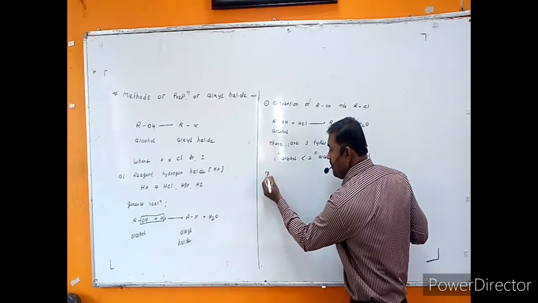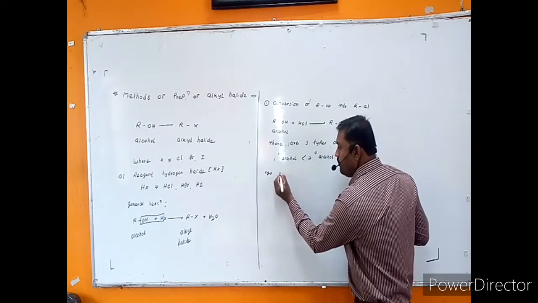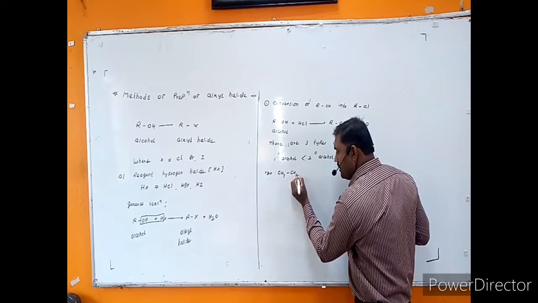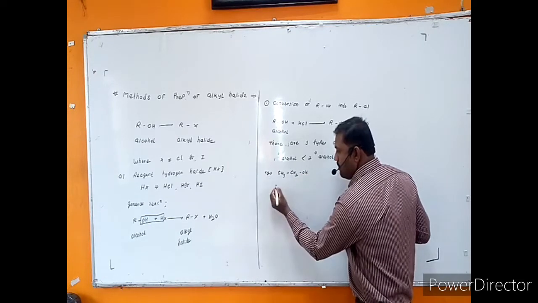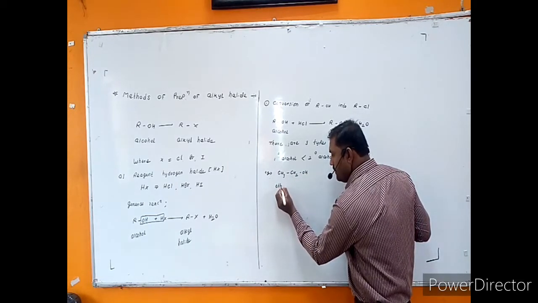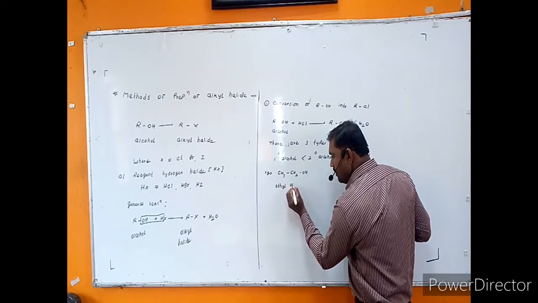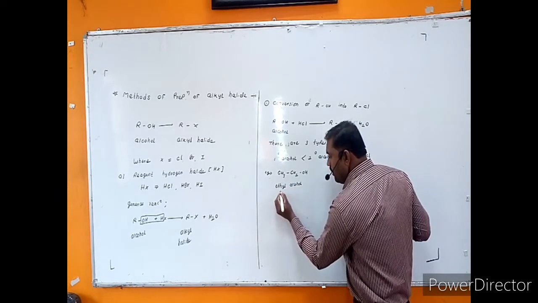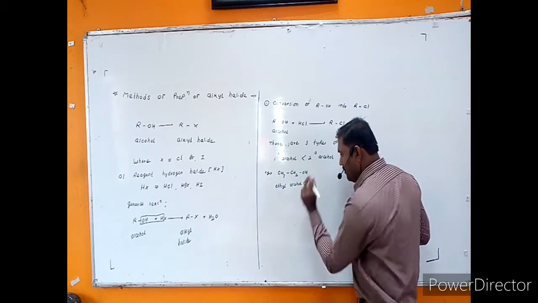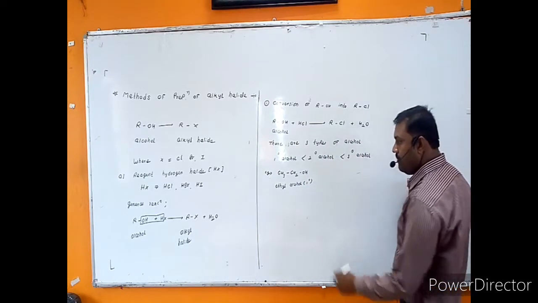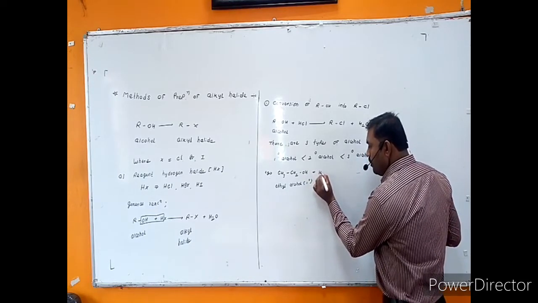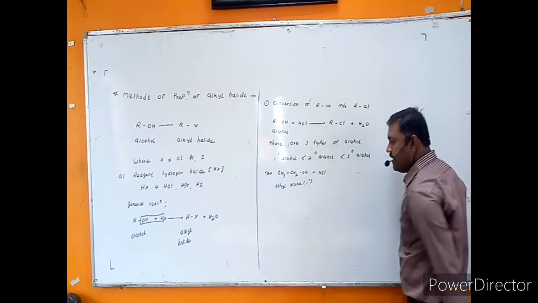Now, for example, if you take an example of CH3CH2OH, what is the name of this alcohol? This is ethyl alcohol. And it belongs to the category that is primary, right? It is a primary alcohol. Okay, now primary alcohol when treated with HCl,